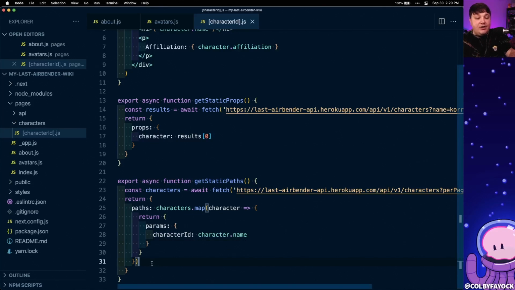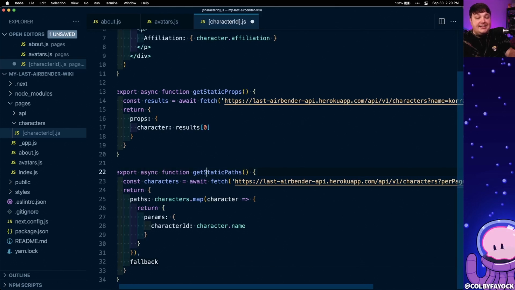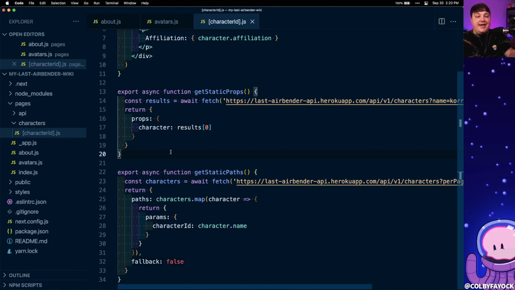Now, as one last thing, we also have to define a fallback value on this getStaticPaths return object, which is going to say whether or not we want to handle the situation where the parameter is not found. And in this case, let's just say that we want a 404 or say it's not found if we don't have one. So we're going to say fallback is false. But next, once Next.js goes through all these paths and tries to render the page, we're going to be able to run getStaticProps for each page, where that's going to ultimately take in the params that we'll use to fetch that